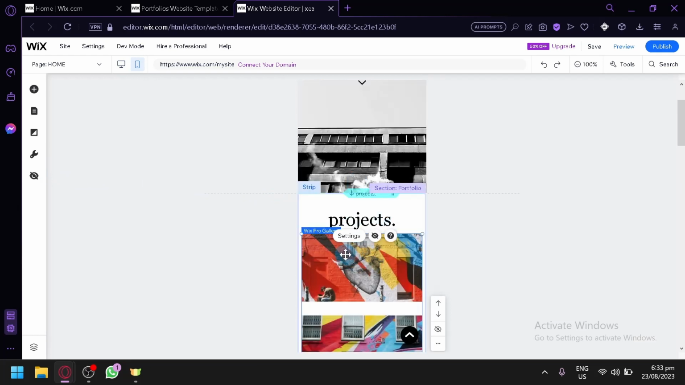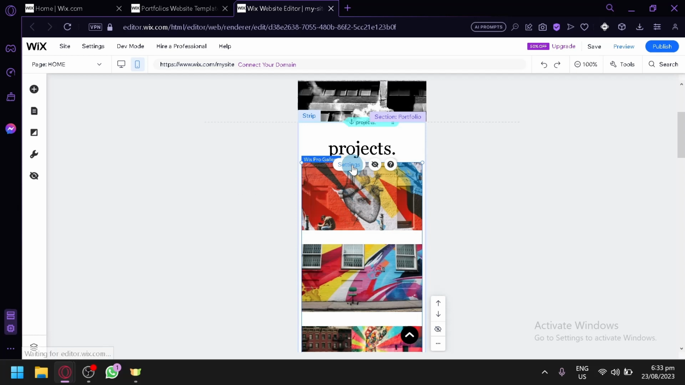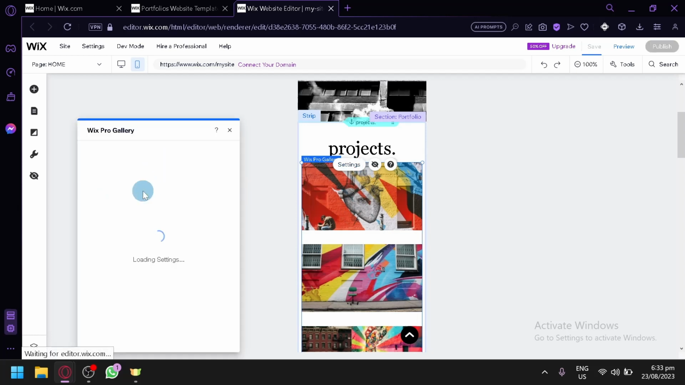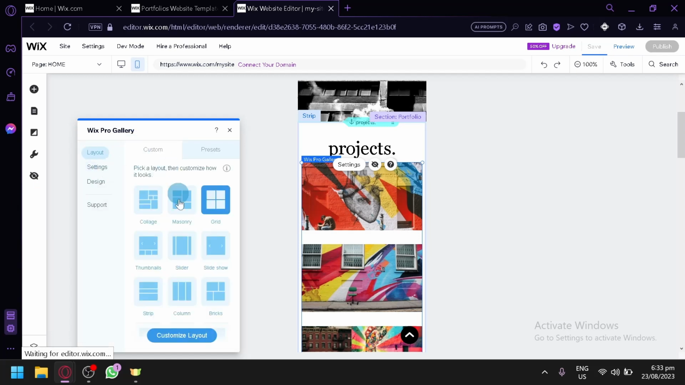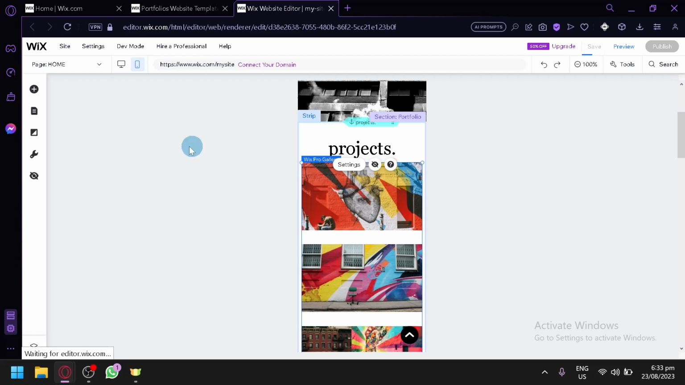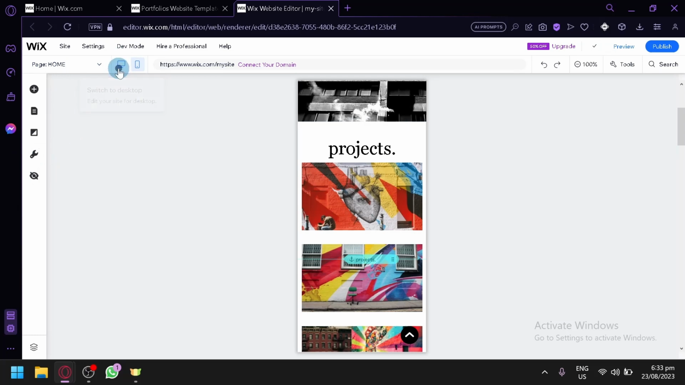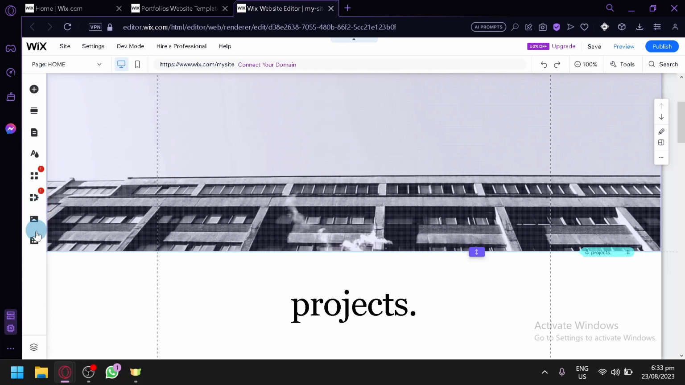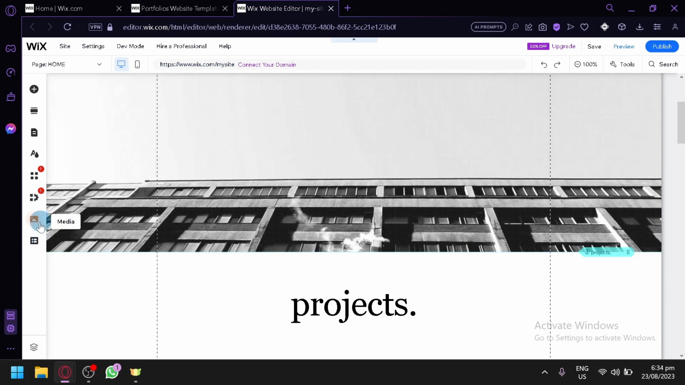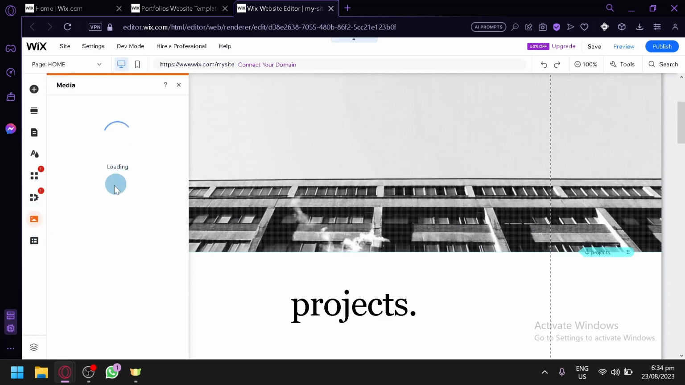Over here, like the Wix Pro Gallery, then click on settings, and then you can simply upload your different photos that you want to present in this area. Over here, as you can see, you can choose the layouts, the design and stuff. But in general, you will be able to add the media or your own photos in the media section over here that will appear when you open it on the desktop version. Here we go. This option over here, the media option, this is where you will be able to